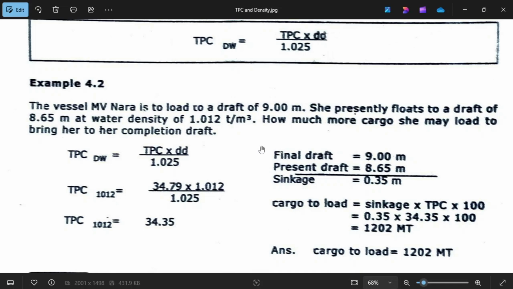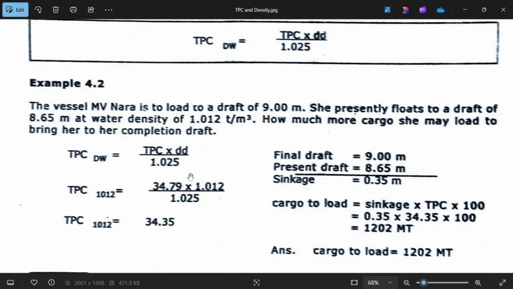In actual loading, for example, your maximum or departure draft is 9 meters, and your trimming draft will be 8.65, meaning your maximum draft and your trimming draft will have the same density of 1.012.